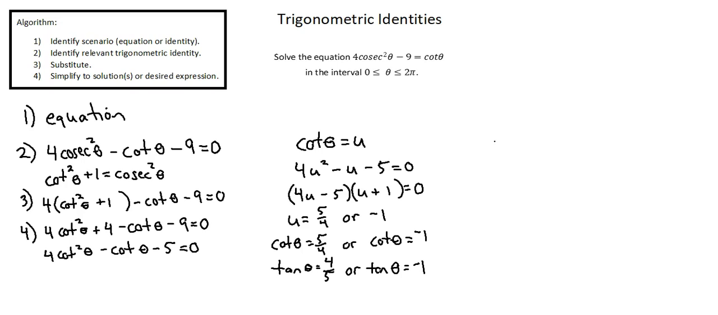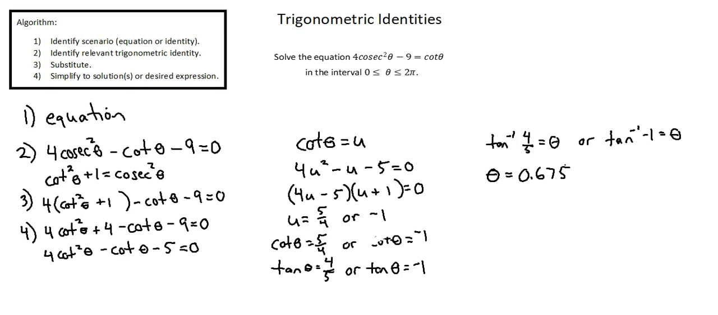Now we'll use inverse trig functions. So inverse tangent of 4 over 5 equals theta, or inverse tangent of negative 1 equals theta. We'll use our calculator for the first value. Theta of the inverse tangent of 4 over 5 is 0.675 radians,